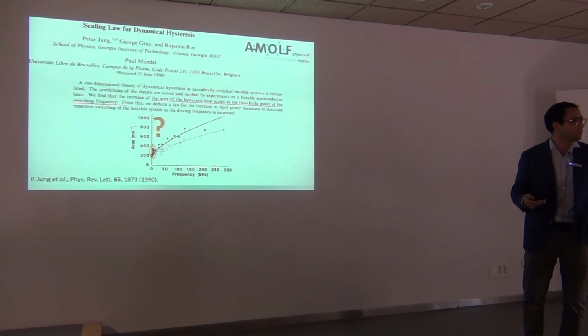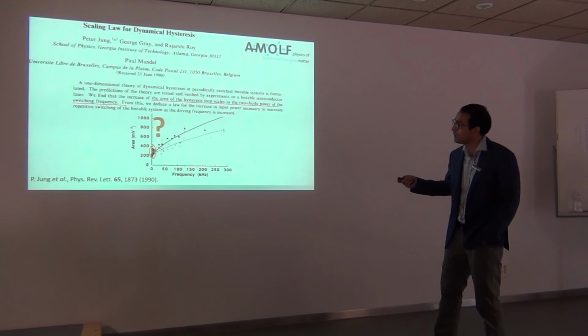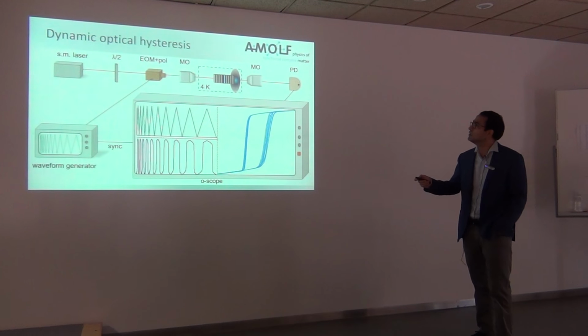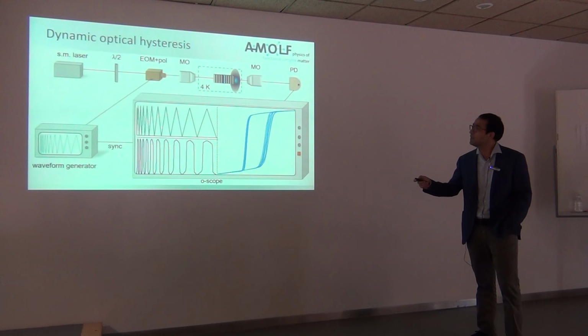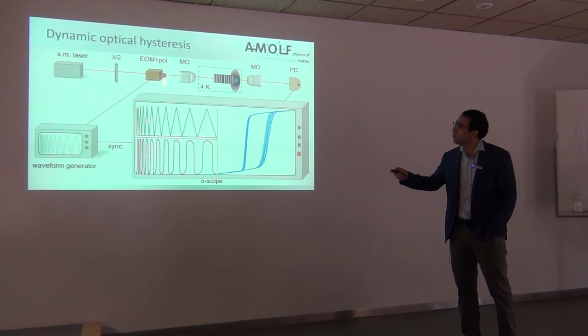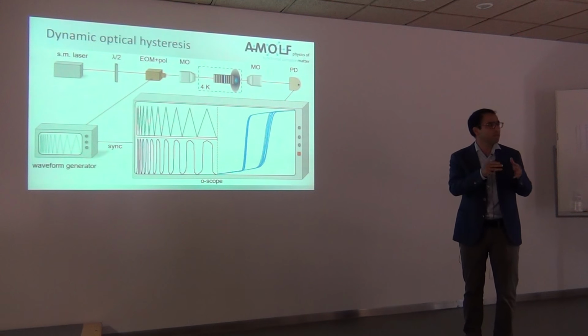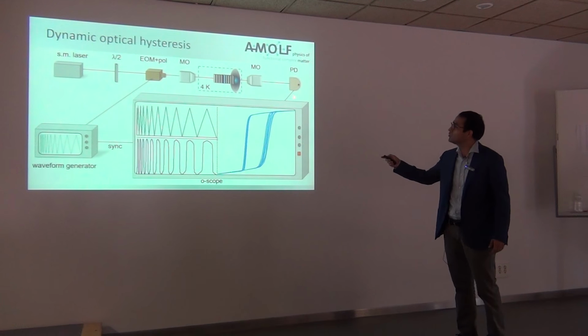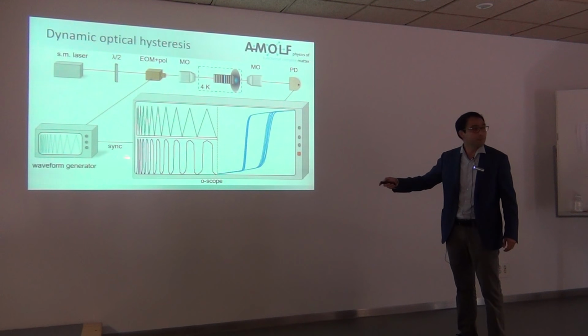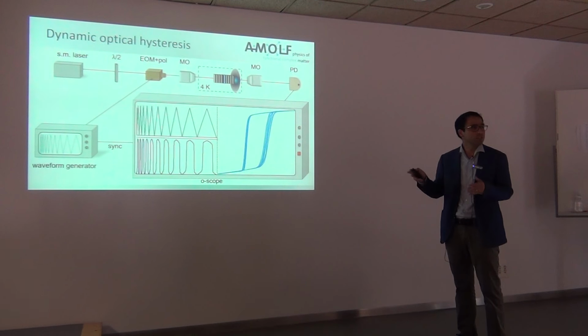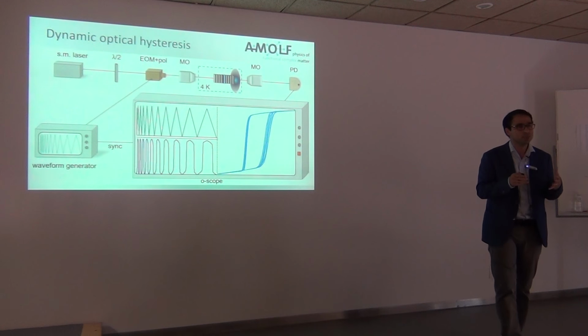So this is the experiment that we redid when I was a postdoc in Paris to compare the two predictions. This is the experiment we built. We have a semiconductor microcavity at 4 Kelvin. We have a single mode laser that we modulate with a waveform generator, sending consecutive ramps of different time duration. In this way, we vary the time scale of the sweep. We measure the transmission. This is an experimental measurement of the transmitted intensity versus the incident intensity. And when you plot this versus this, you get this hysteresis. You see there are multiple lines here, and the hysteresis area closes as the sweep becomes slower.